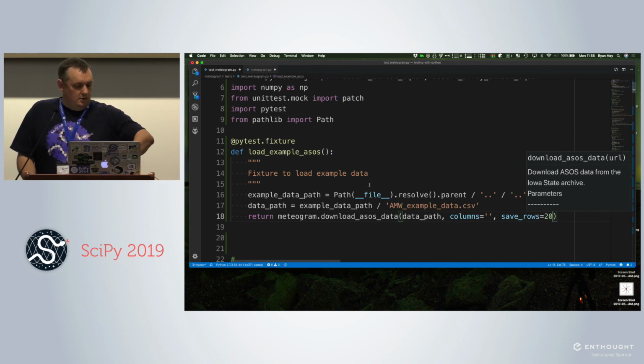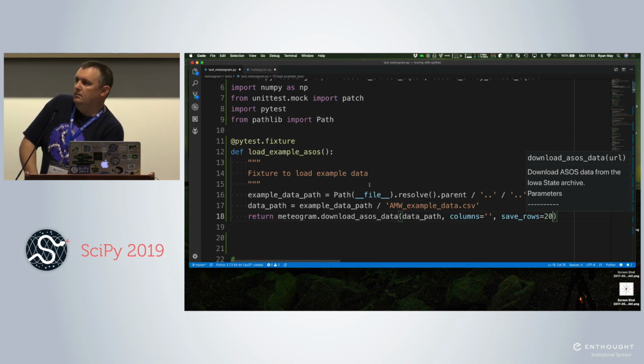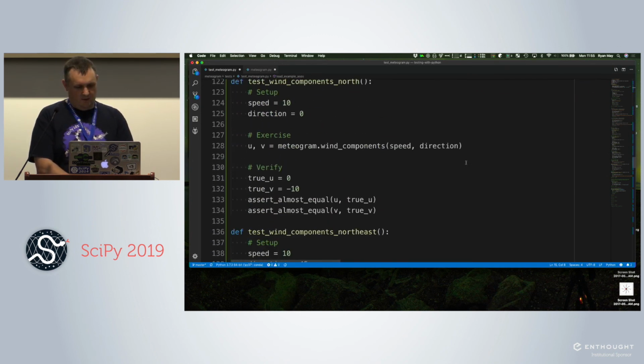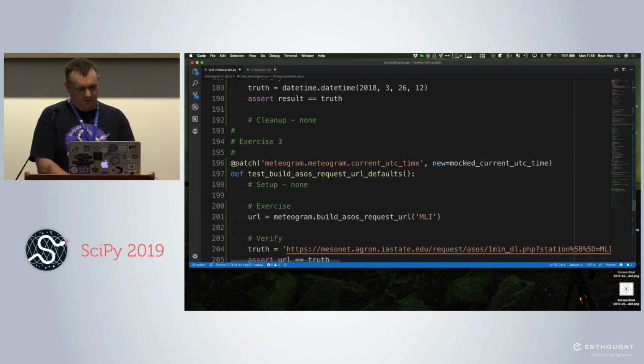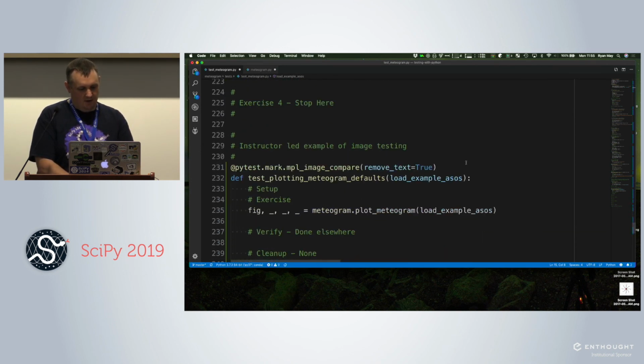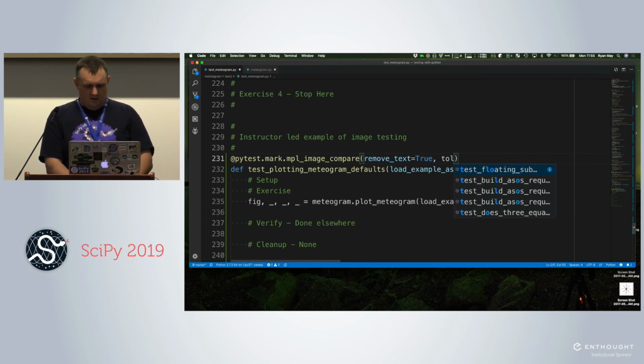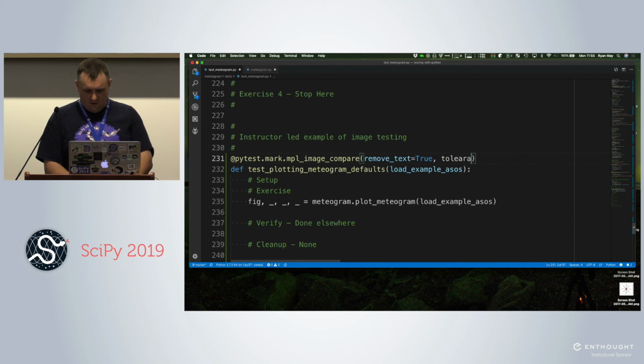A question about the image. Yes. Since I'm probably in question and answer session at this point, I will show, no, because I think we're just about up to time here. The one thing I didn't show you all here is when we do image comparison, we can pass it a tolerance. Tolerance equals, and then it's an RMS value.